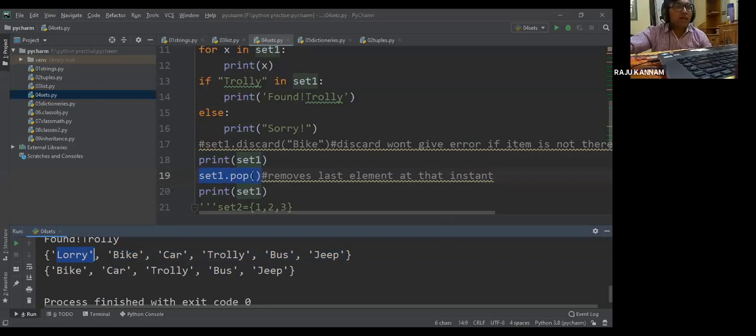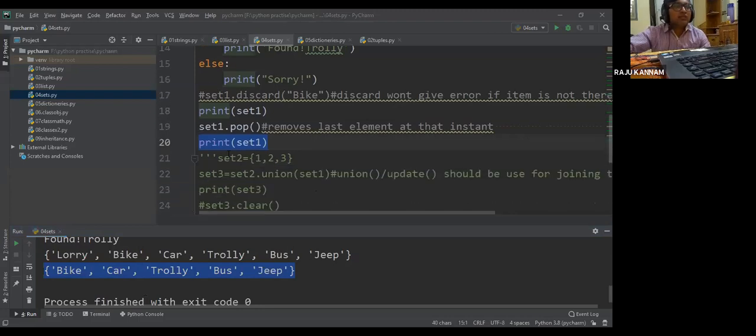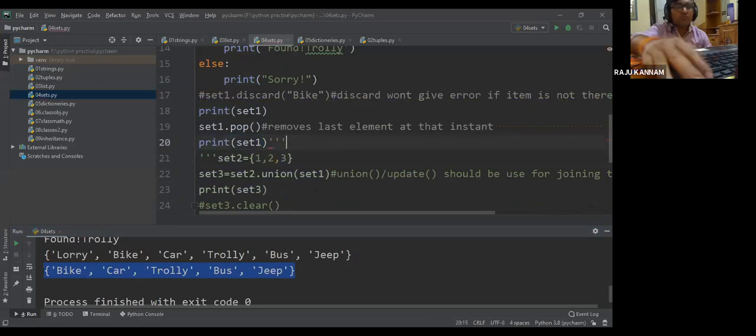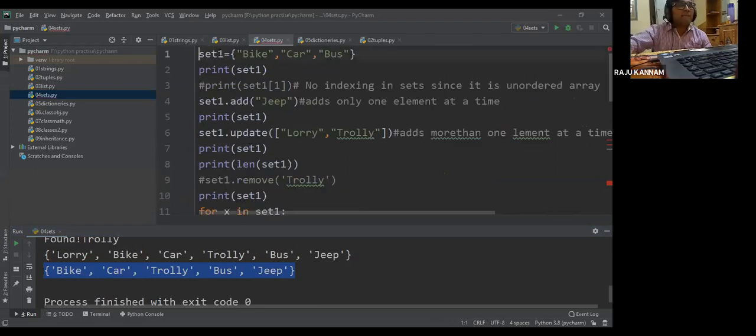That's the reason lorry was removed. And when this line is executing, this is the order. So there is no fixed order. The ordering is dynamic here, and the order will always change. That's the reason we cannot say which element is going to be deleted.